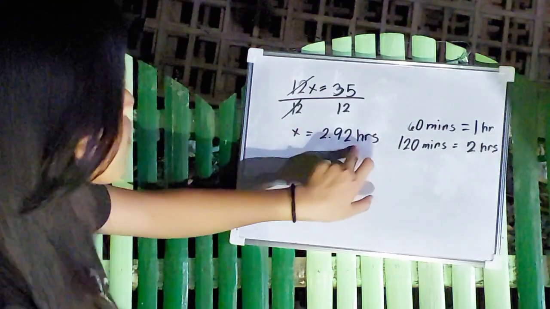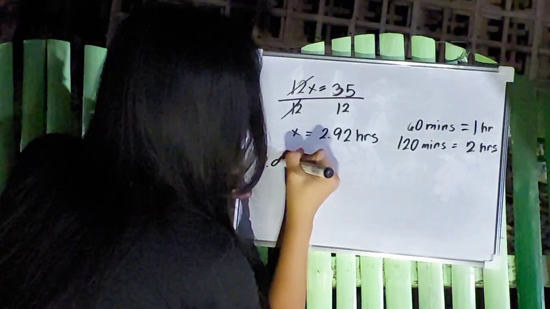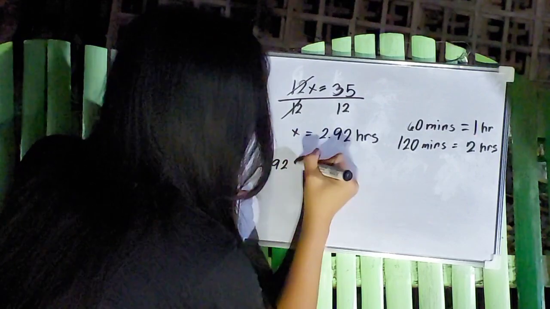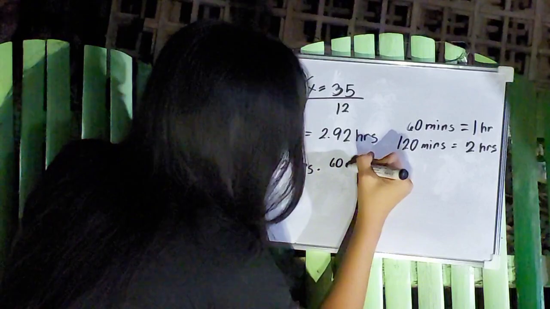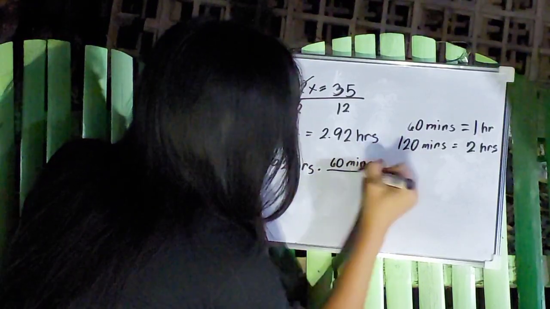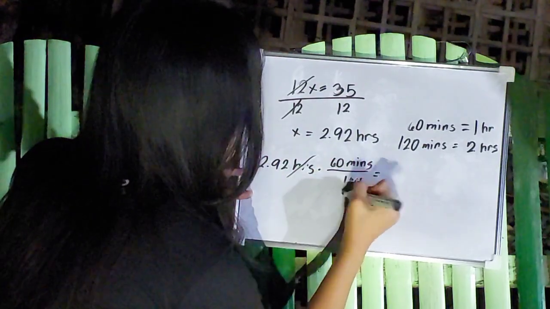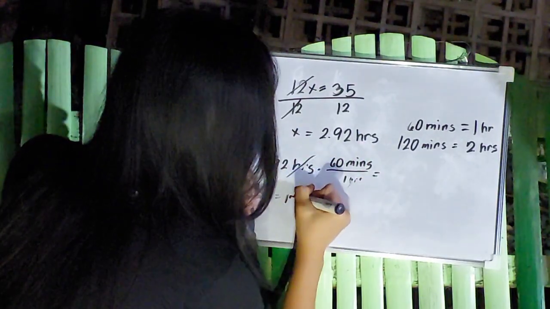Now let us find the 0.92 hours. So let us multiply again 2.92 hours by 60 minutes over 1 hour. So we can cancel this one. 2.92 times 60 is equivalent to 175.2